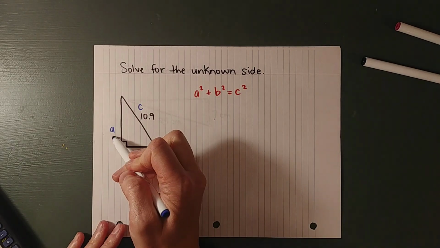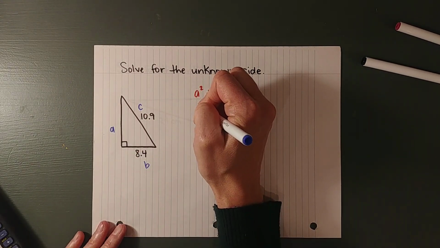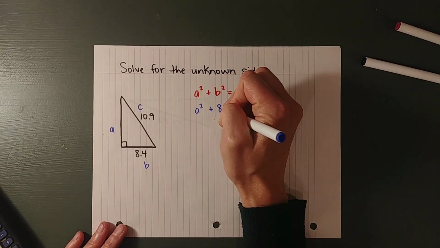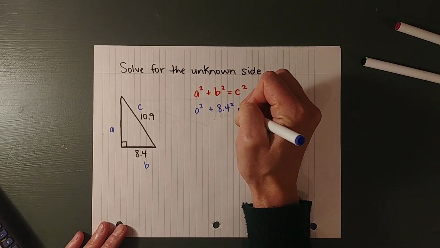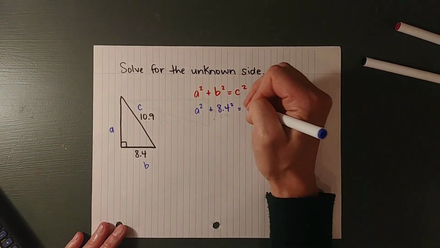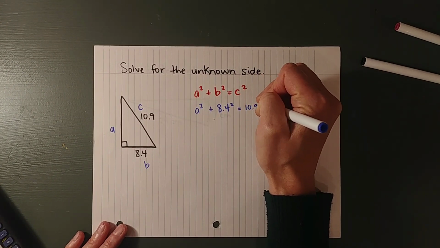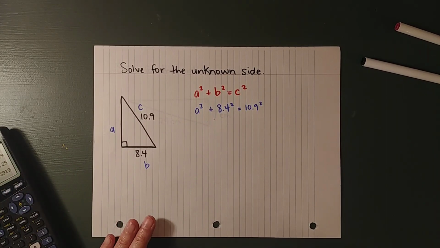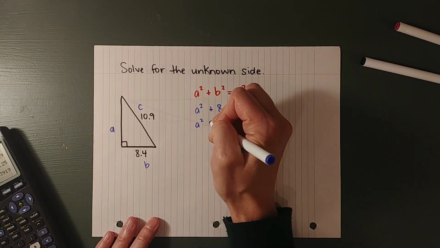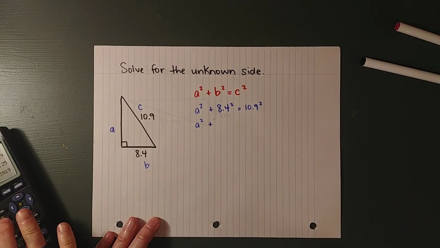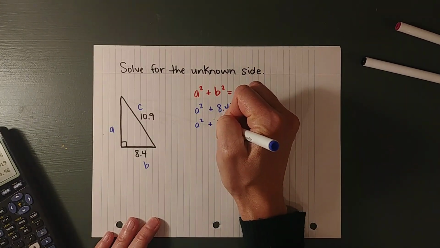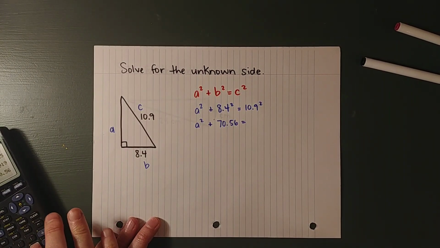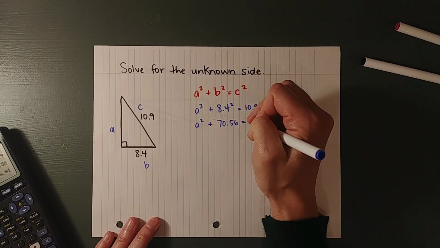Okay, in this case, we don't know the value of a, so we're going to leave that as our variable. A squared plus b squared, 8.4 squared, is equal to c squared. In this case, c is 10.9 squared. Okay, we're going to simplify these values. A squared we leave as a squared. 8.4 squared gives us 70.56 is equal to 10.9 squared, which has a value of